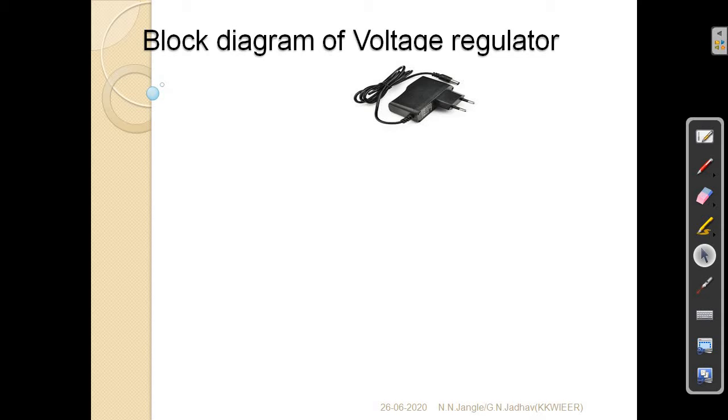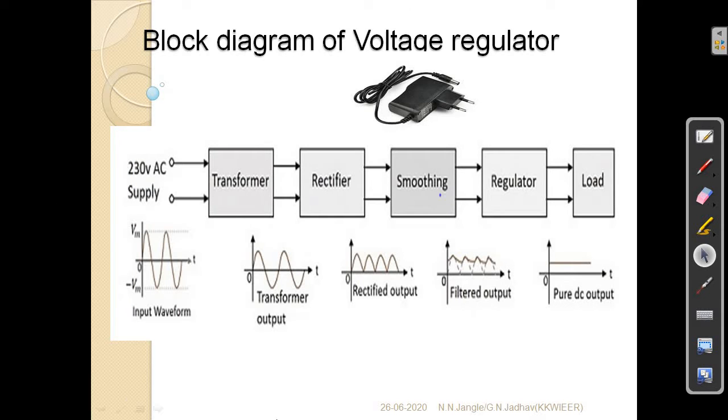So let us see what are the different blocks. So this is the block diagram of voltage regulator. Voltage present at your home is 230 volt AC supply. Your load needs DC, which is, let us say, 3.7 volts for example. Now AC to DC, you must need a rectifier circuit which converts AC into DC, but this is of low voltage, and therefore to reduce the voltage from 230 volts to the required one, you need a transformer. So transformer reduces the voltage. Then next is the rectifier circuit.